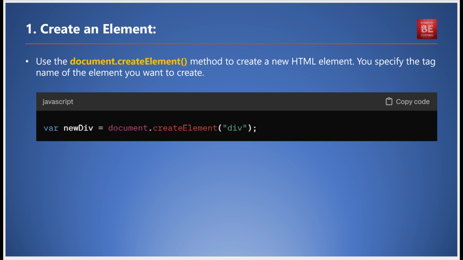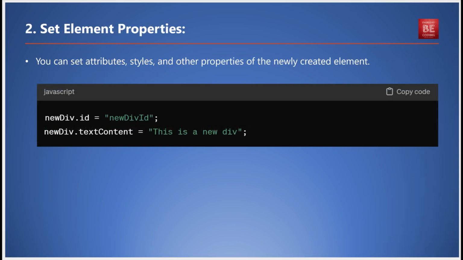For instance, if you want to create a new div, you would write something like this: var newDiv = document.createElement("div"); Now that the element is created, it's time to set its properties. You can set attributes, styles, and other properties of the newly created element. For example, you can assign an ID to your new div and set its text content like so: newDiv.id = "newDivId"; newDiv.textContent = "This is a new div";